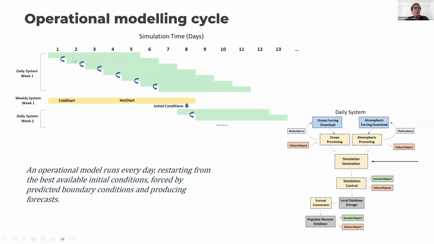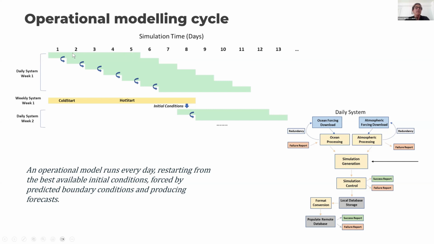Then on the next day, we pick the results, and it's being forced. So all this simulation was run during the morning of day one. To run it, we need the boundary conditions of the future situations. That's why we use a downscaling approach. We use the forecast of the global model, in this case CMEMS. We use the forecast of CMEMS to run this model, okay?